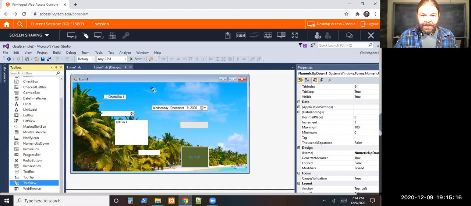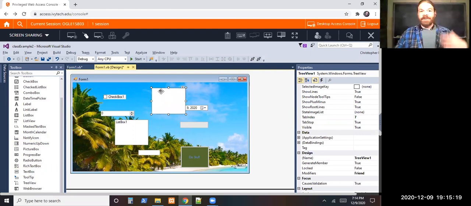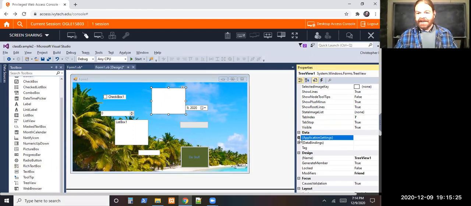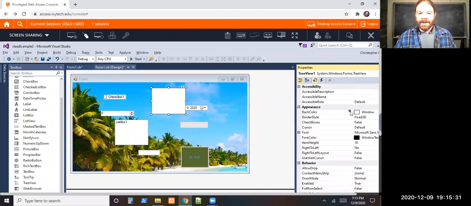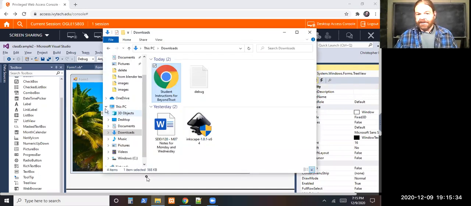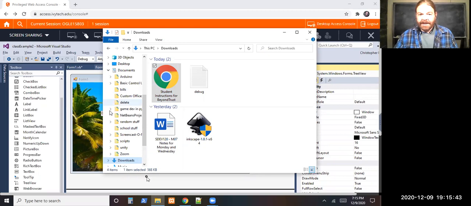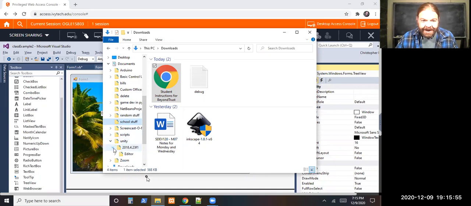Tree views are useful, but they're a little bit harder to work with. This is the tree view, where we can collapse things and different things have like parent and child objects. So this is a tree. Here's a tree view. Okay, I can come over here and documents folder is all collapsed, but I can expand it and get to any of my other folders. So like schools. Oh, I guess there's not much in school stuff. There's something with Unity. So I can expand that,